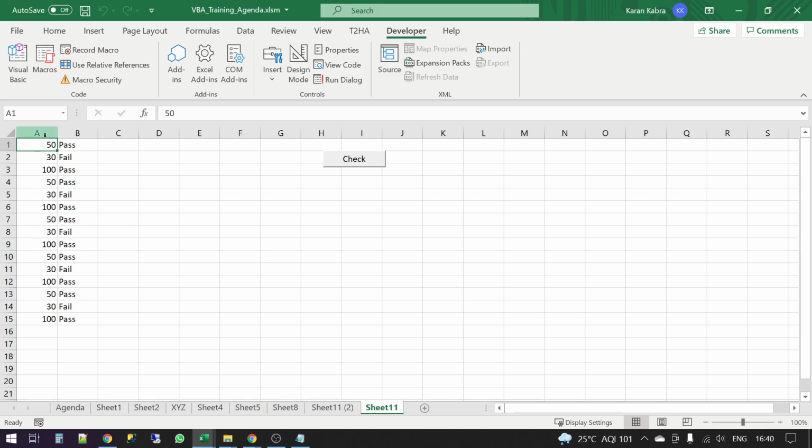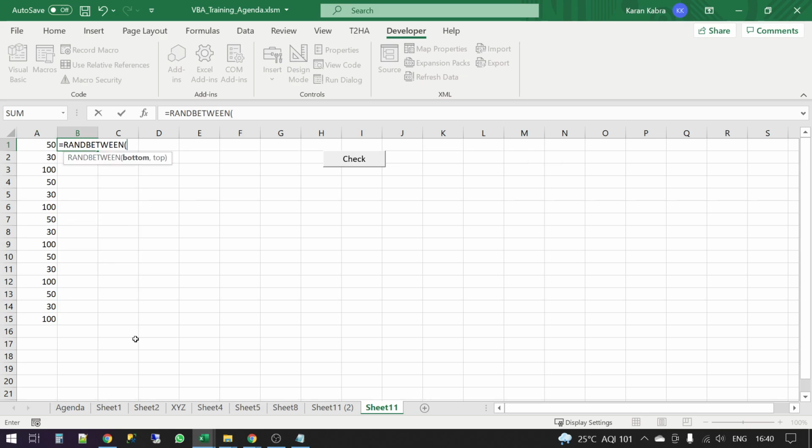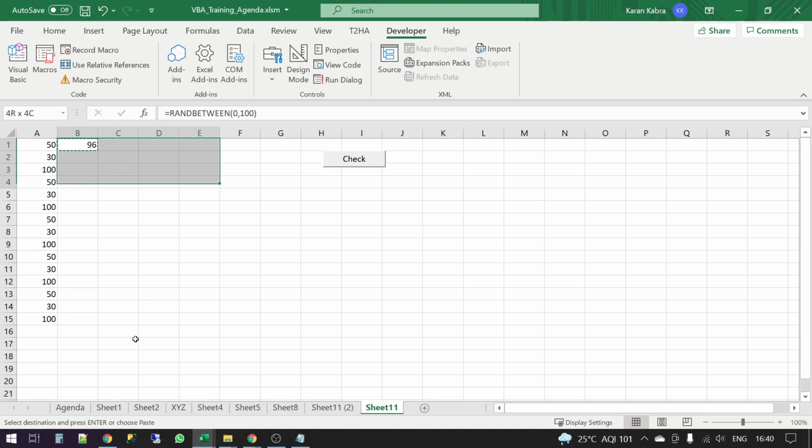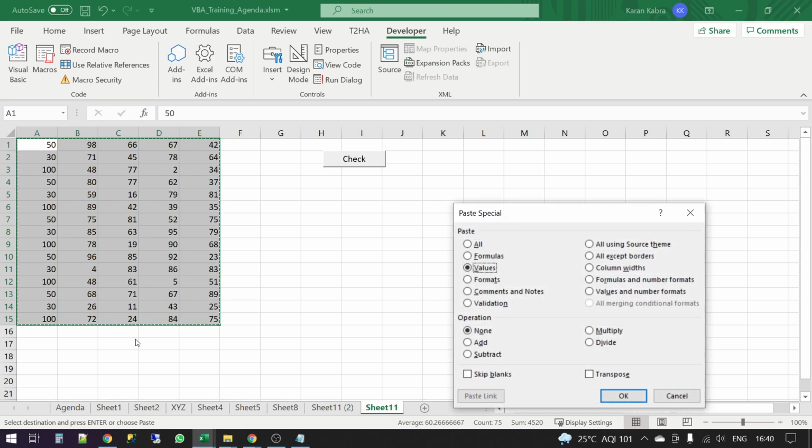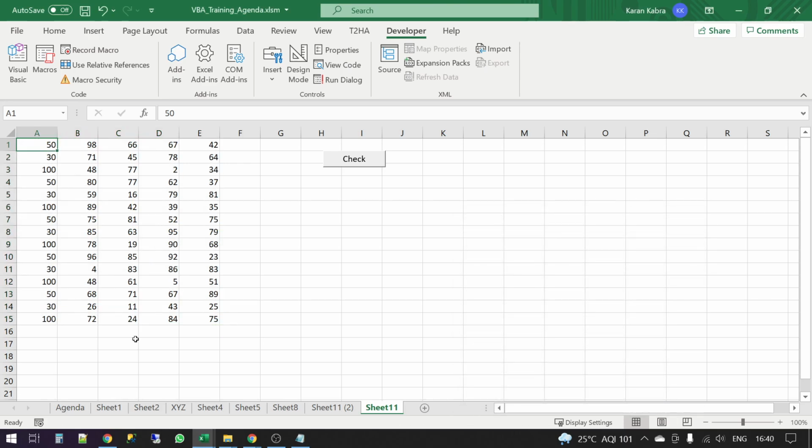Instead of pass fail, let's say I want to highlight all those values which are less than 40. I will create some random data. So this is my data, and I want to highlight all the cells which are less than 40 in value.